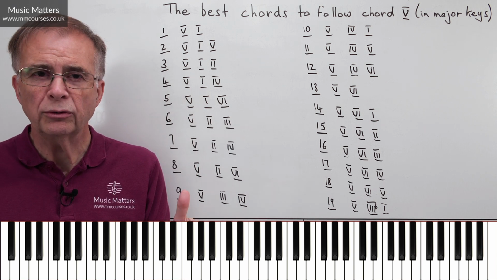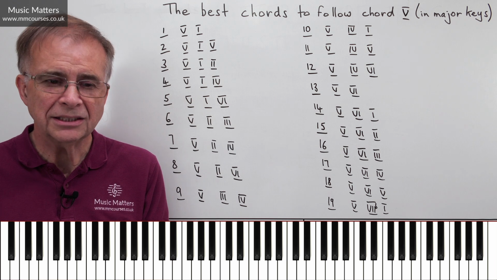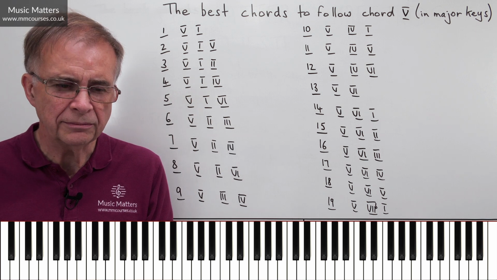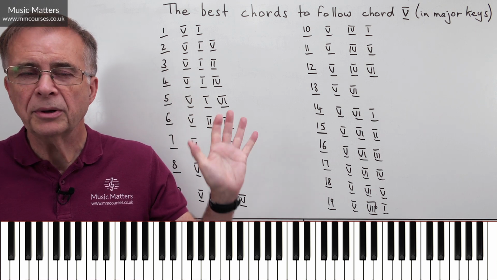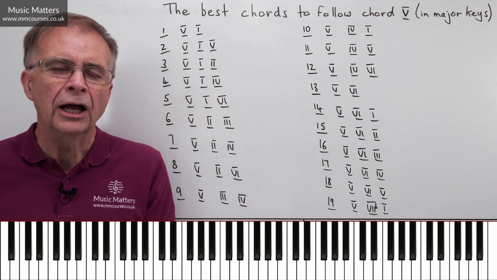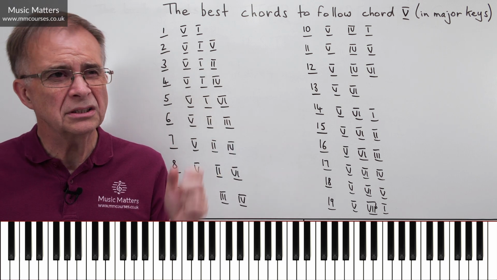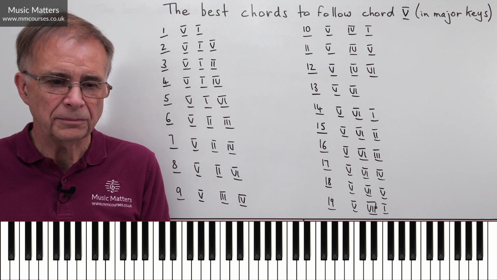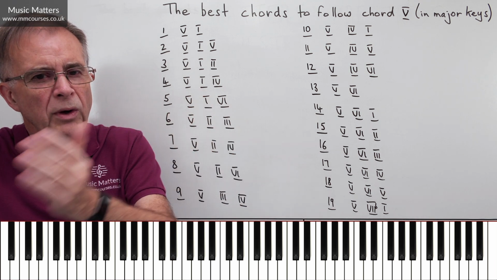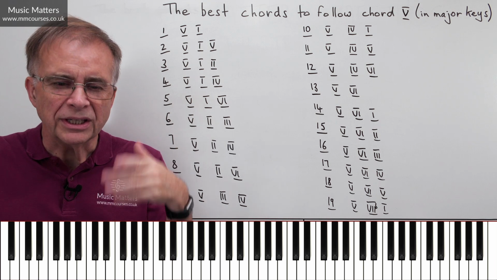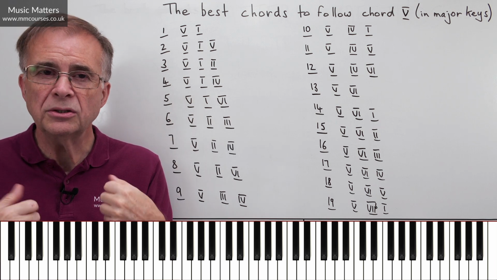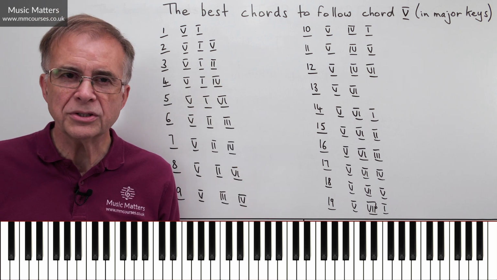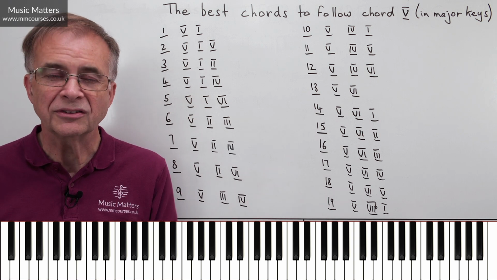But if you're using chord 5, which you will be using quite extensively if you're writing music, because it's the most important chord after chord 1, well, are you happy about all the possibilities of where I can go from 5? Or are we one of those musicians who always has chord 1 after chord 5? Lots of people do that. Well, there are other things that you can do. Even if you do go to 1 after 5, where are you going to go next? So it's worth exploring these options. So for one of these chords that you're likely to be using quite a lot, you've got a really extensive vocabulary of possible harmonic progressions. So I hope that's useful.